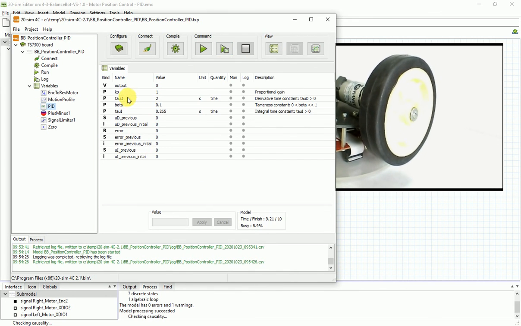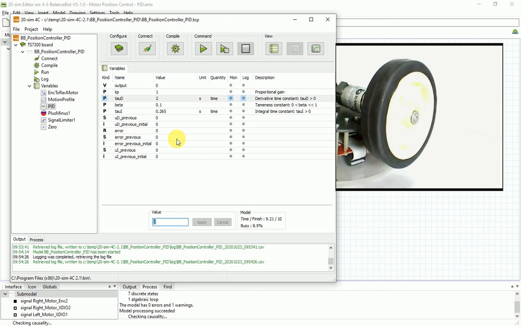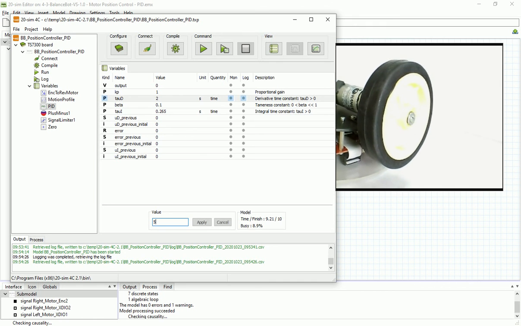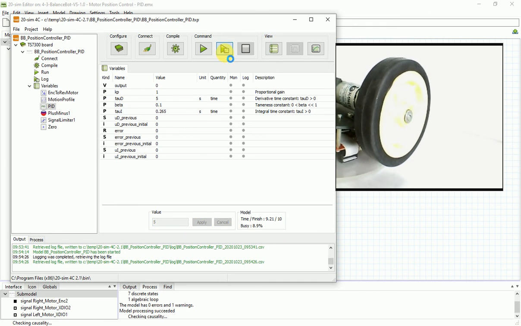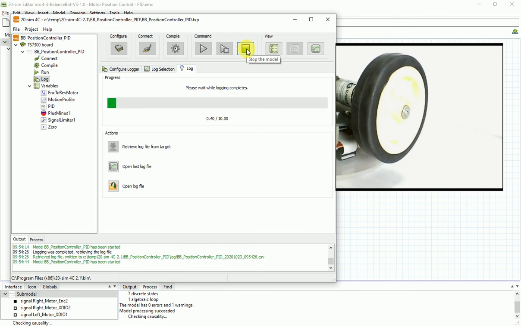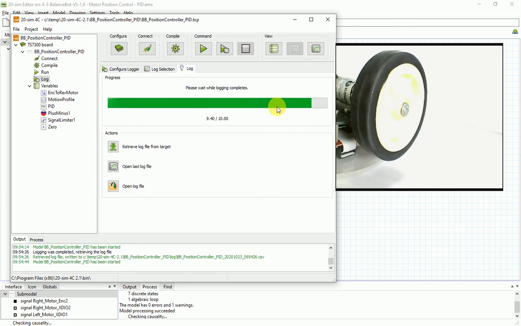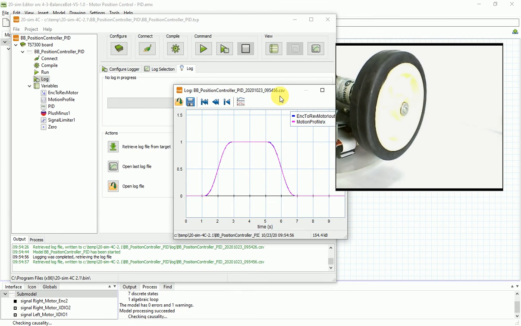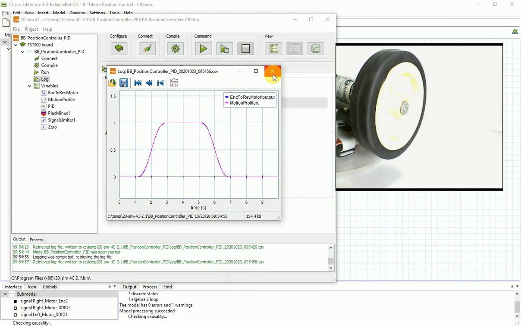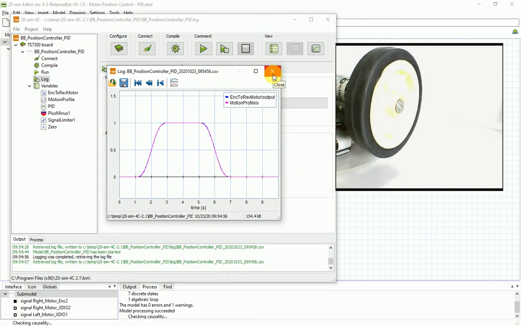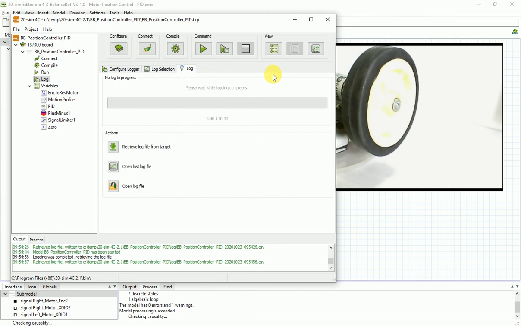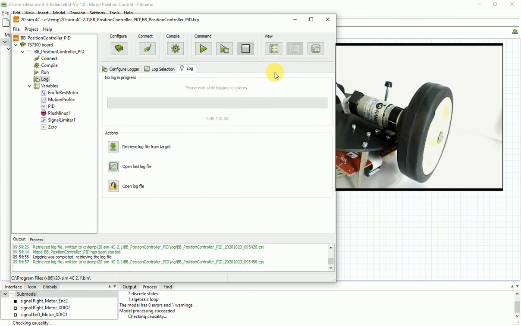For example, I make tau d around... You can play with, for example, 5 and see the effect of it. I'm also not sure how it will perform. So it's able to keep the balance. So there is a minimal effect on the increase of the tau d, but if I decrease it, it might affect the performance of the position controller. So that will be the end of this experiment. Thank you.